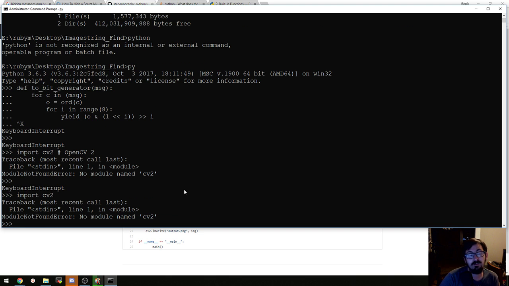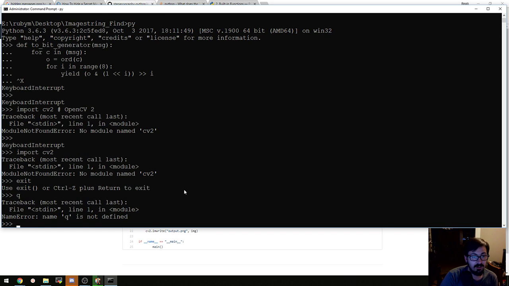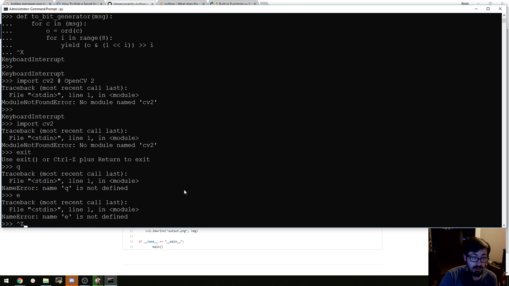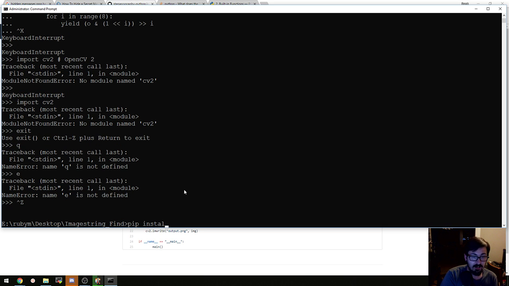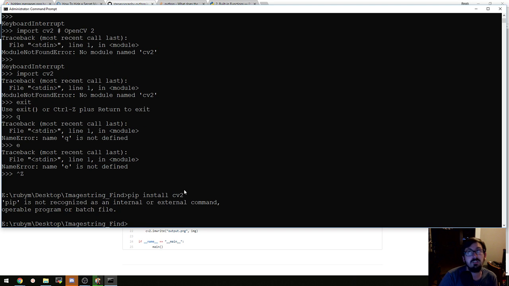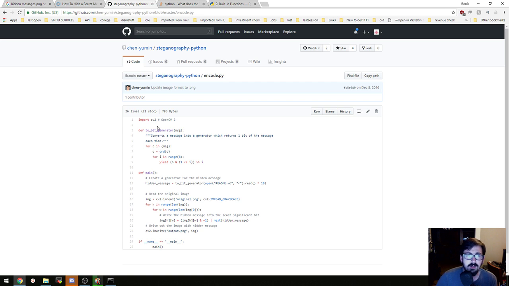Okay, so pip, exit, Control Z, pip install cv2. No. Anybody remember how to install pip? Fuck it, we'll convert it to Ruby. OpenCV, so that's just for reading the images. For range of the length of the image, for width and height, write the image message in the least significant bit. I can totally just read in an image as a binary file, and then